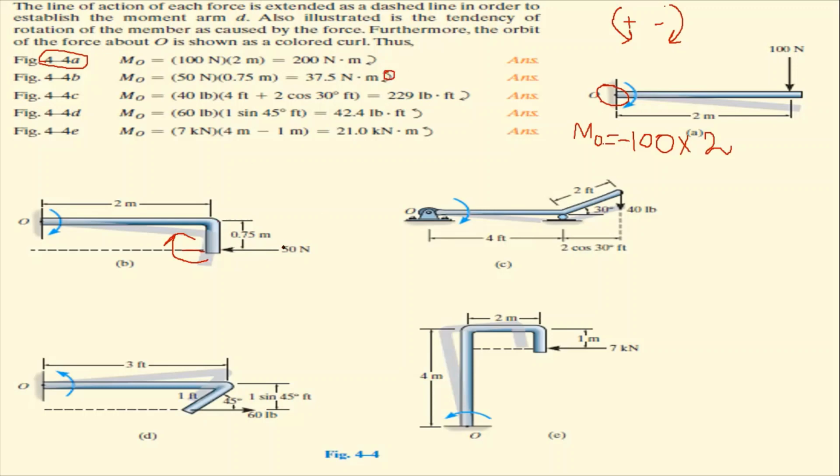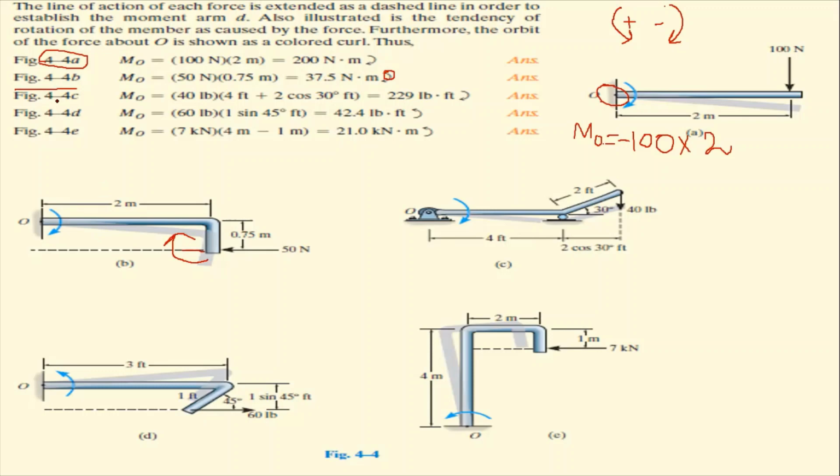So what you have to do, you have to multiply 50 into 0.75. And you can see here then in figure 4-4b that 50 into 0.75. So you will get 37.5 Newton into meter. So for the next case,